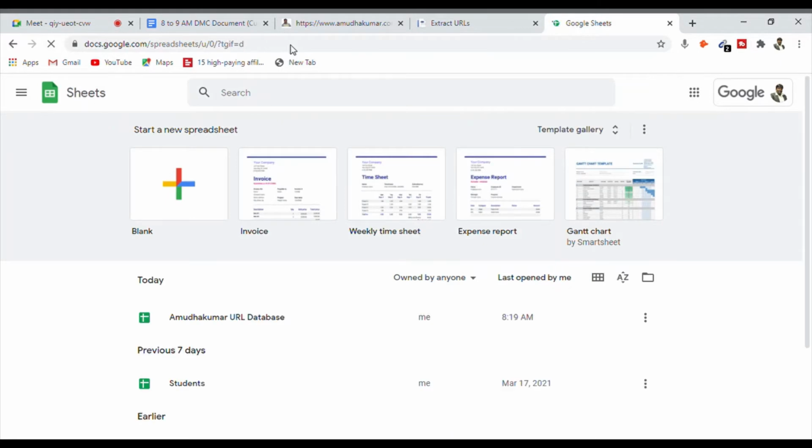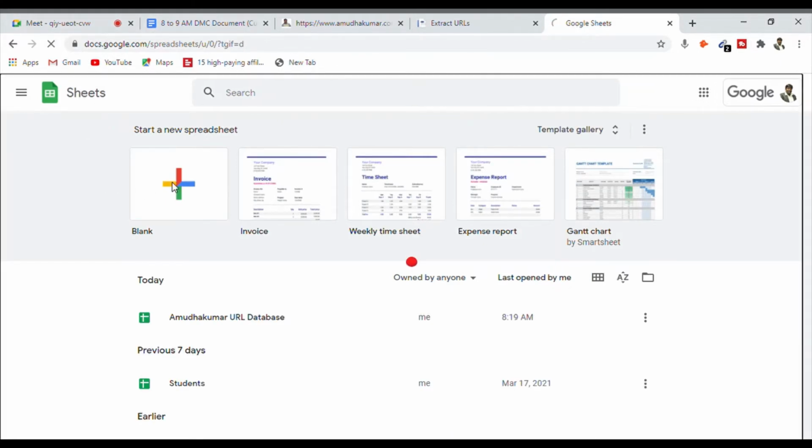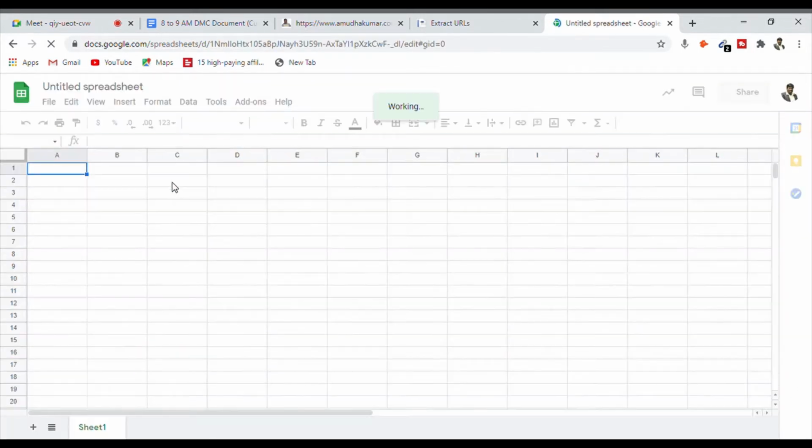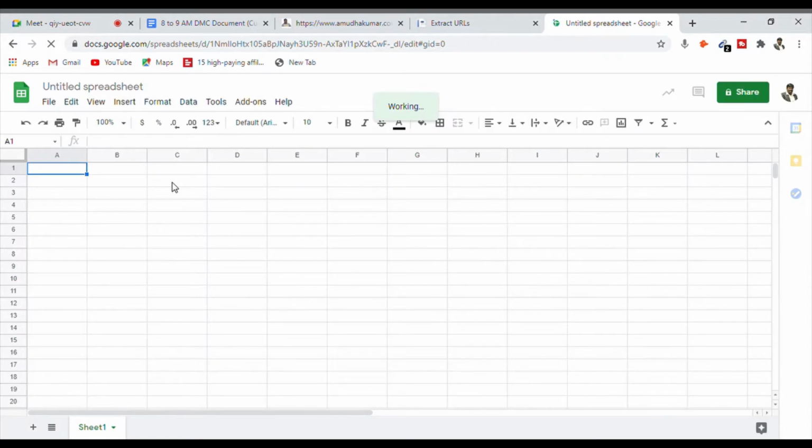And I can create a new document. Why I'm using a Google document is because even if I change my computer or if my computer is not working, I can still access this document from a different computer. That is the advantage of cloud based projects. I can name it like Amadhu Kumar, which is the website name, social media marketing schedule. I'm going to promote this content on social media. So this is what I have.